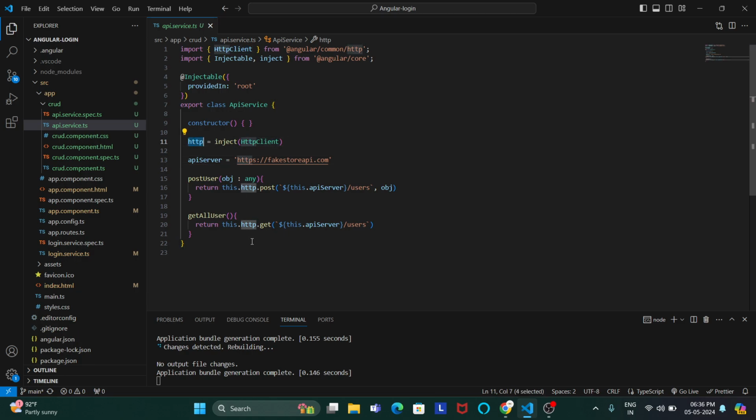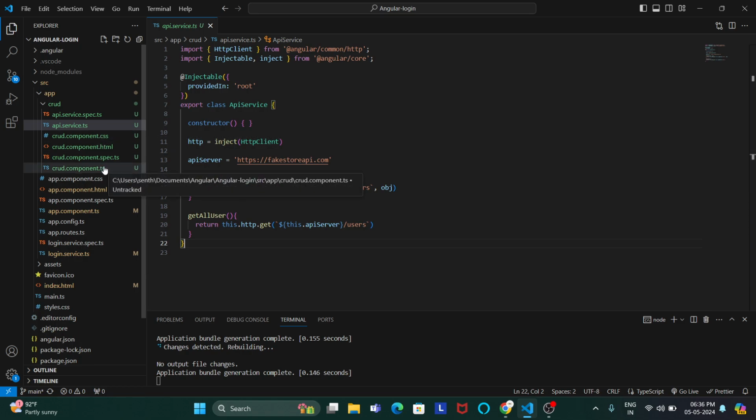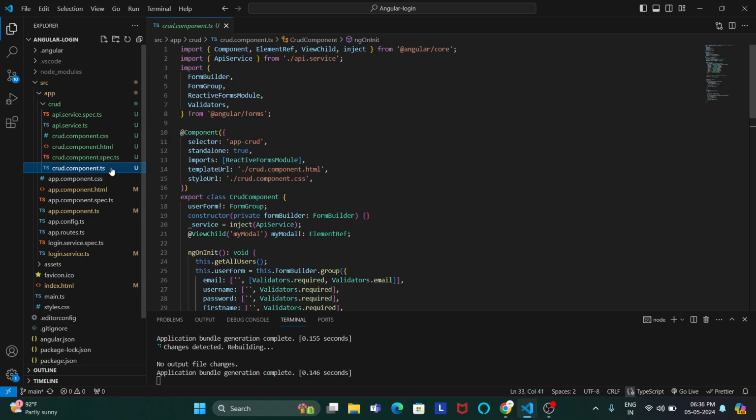With this HttpClient, we can make get or post calls as well as fetch. After creating this service method, we need to go to the CRUD